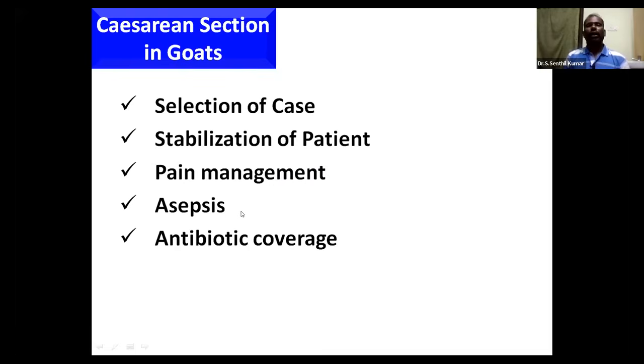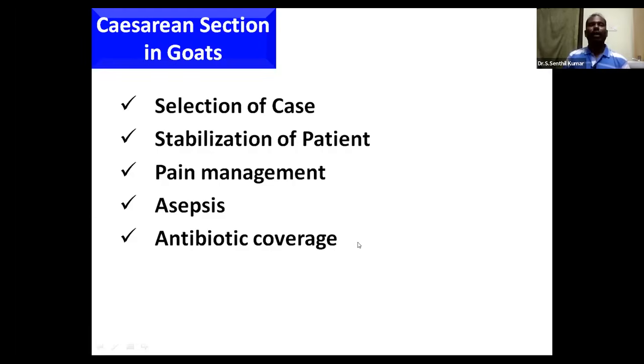And all cesarean cases should be ensured of asepsis, because the manipulated uterus may harbor septic material or may pose a threat for developing peritonitis. So aseptic precautions have to be taken, and asepsis should be given due consideration, and the patient should be on antibiotic coverage. Preferably pre-operative antibiotic administration will prevent